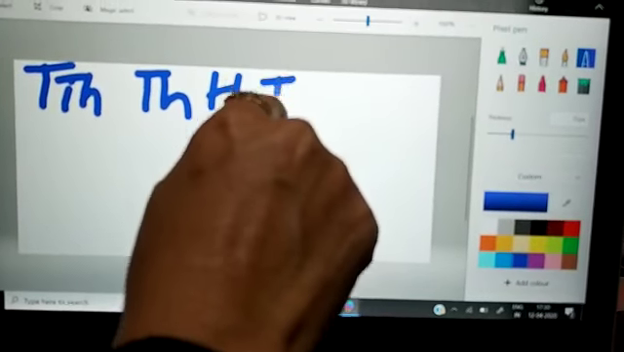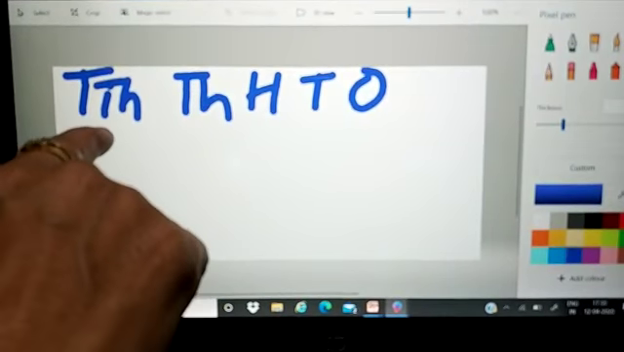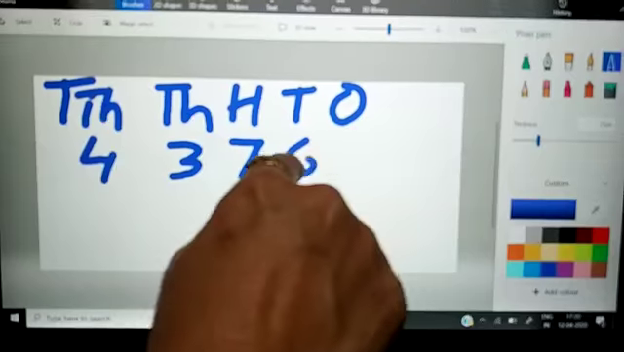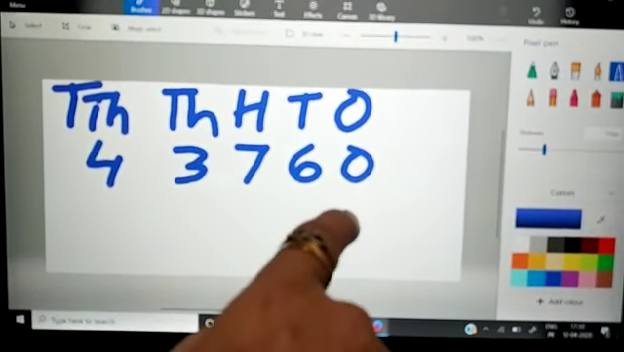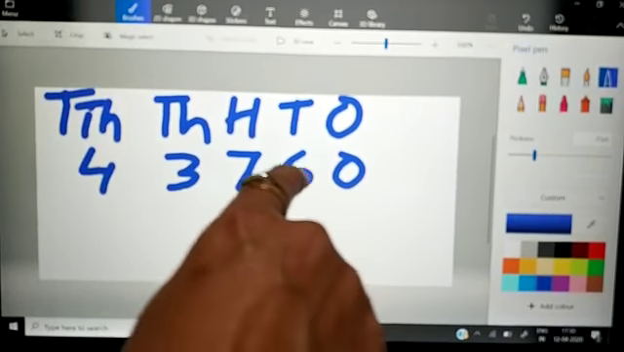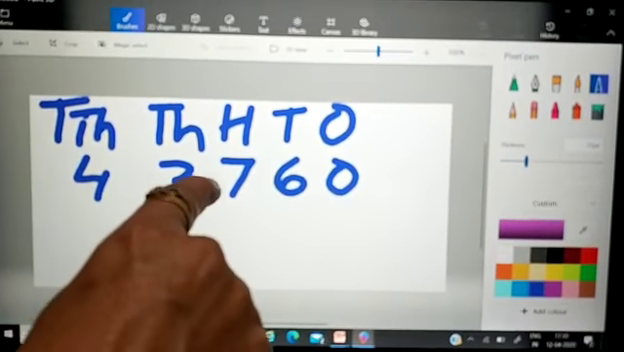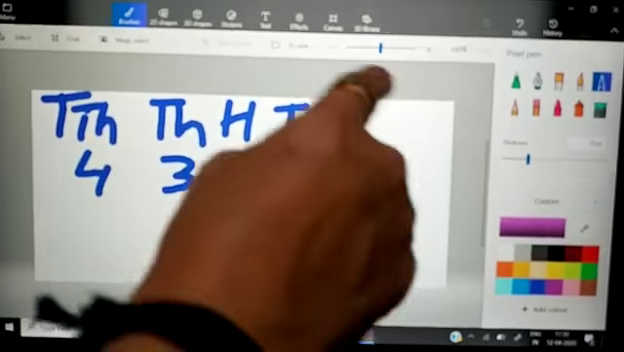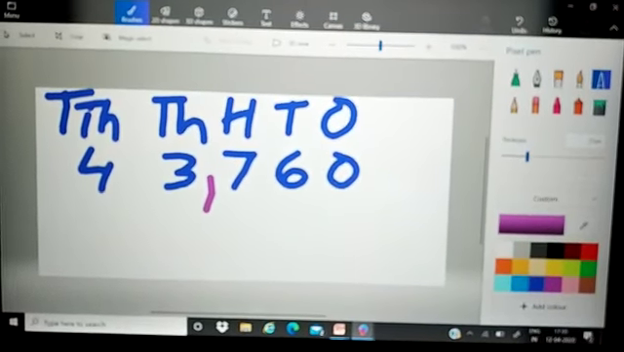I'll give you another example. Hundreds, tens, ones. So suppose we write the number as 43760. How are we going to divide it into the periods? We count the first 3 digits from the right and put a comma. This becomes the ones period and this becomes the thousands period. And we can write it as